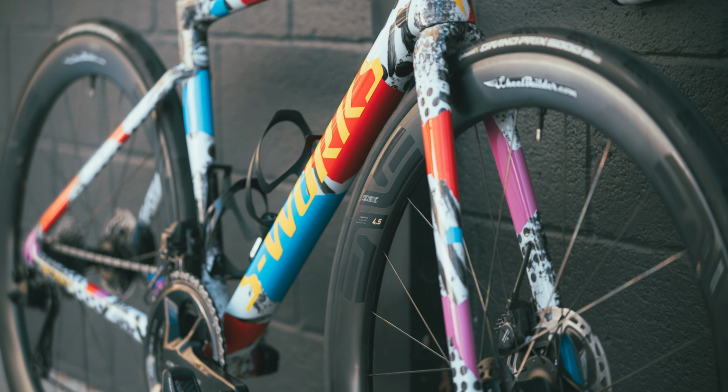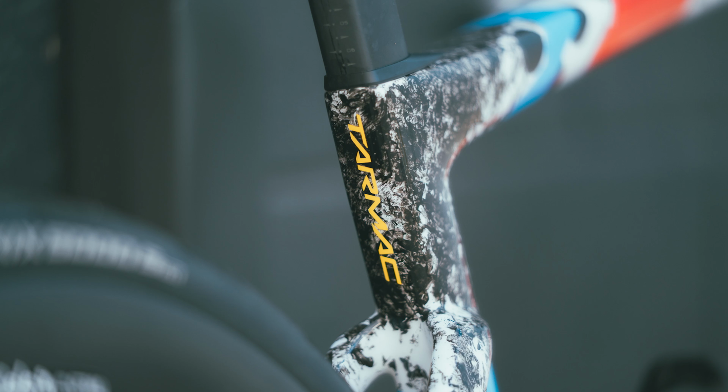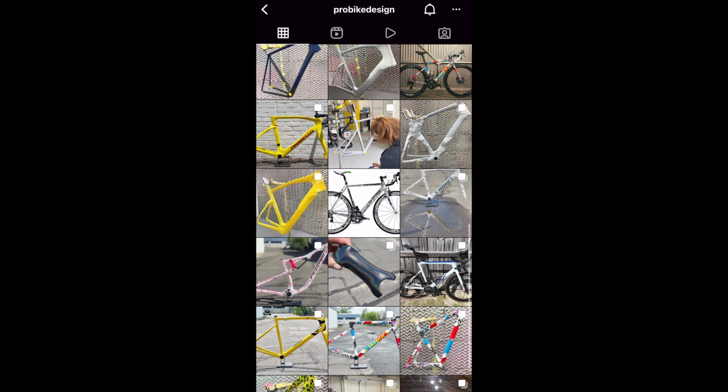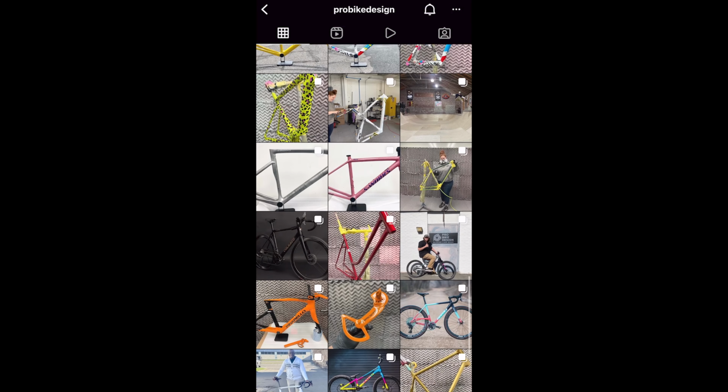I also think it's rad that they kept the original S-Works logo and font, as well as the Tarmac font in the rear. Now, they added it in yellow, which I think is a fantastic accent color to this particular Tarmac. This particular frame was painted by Ron Jones over at Pro Bike Design out of Connecticut, and he does